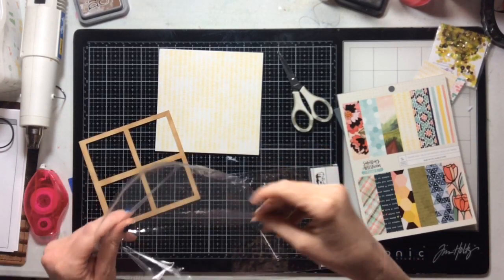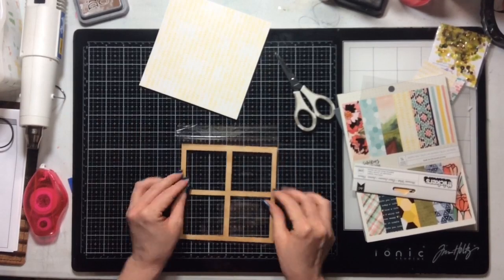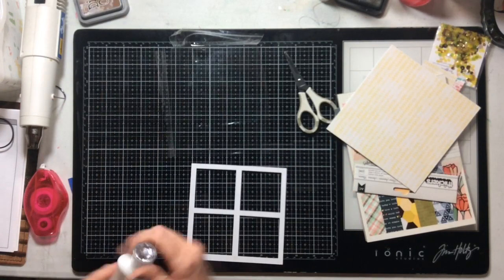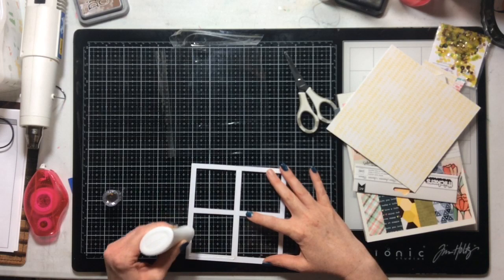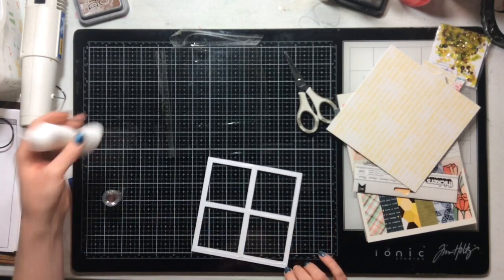Part of the reason I'm doing this is because it was handy. It was right here beside me on my desk. It's something that just about everybody has in their scrapbooking stash. Everyone, I'm sure, has a set of Thickers hanging out that could be unpackaged. I'm going to add Nouveau Deluxe Adhesive, and I'm going to adhere my cut file straight down to my Thickers